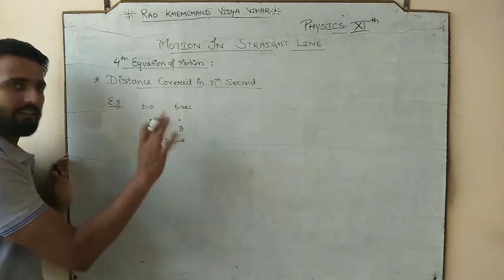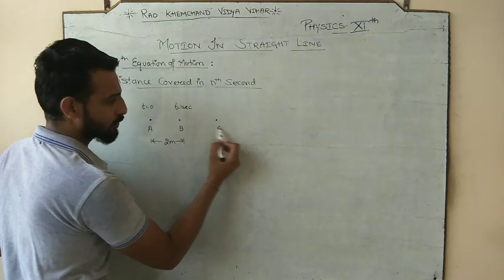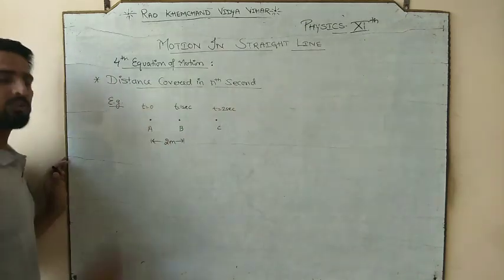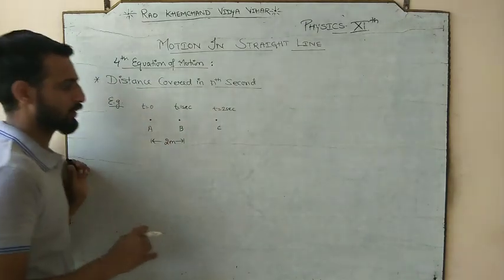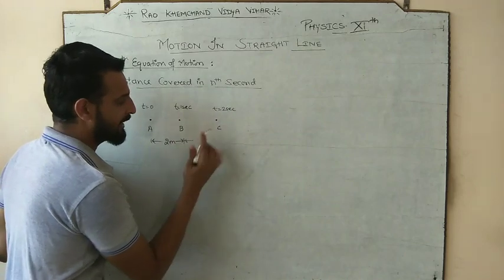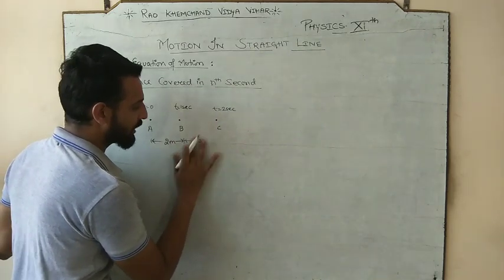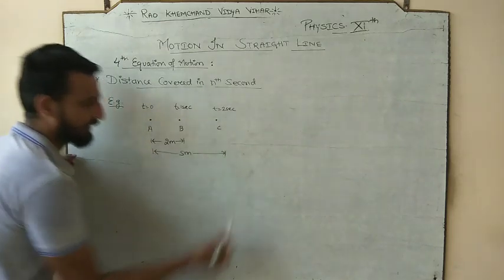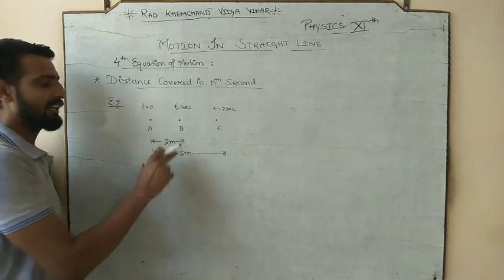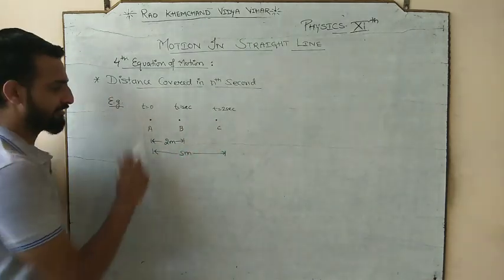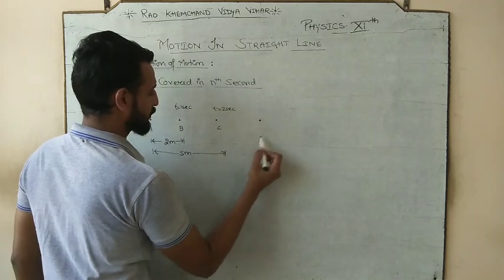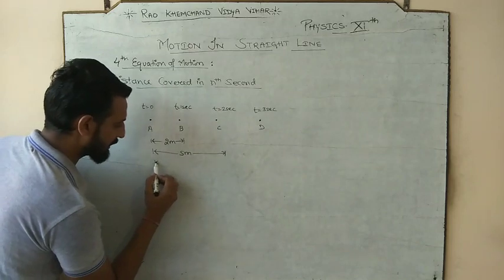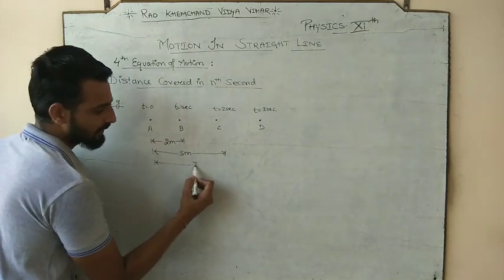After 1 second, your body reaches point B, and let's suppose it covers a distance of 2 meter. So in 1 second it covers 2 meter. Next 1 second, means after total time 2 seconds, up to point C your watch is showing 2 seconds, and let's suppose from B to C you have covered 3 meter, or you can say from the starting point we have covered 5 meter. Means in 1 second we cover 2 meter, in 2 seconds we cover 5 meter from the starting point. Let's suppose at point D, when we covered 3 seconds, the total distance covered by our body was 7 meter.